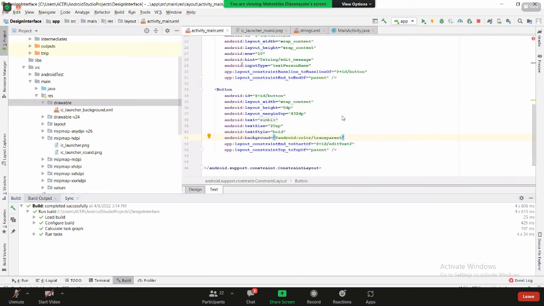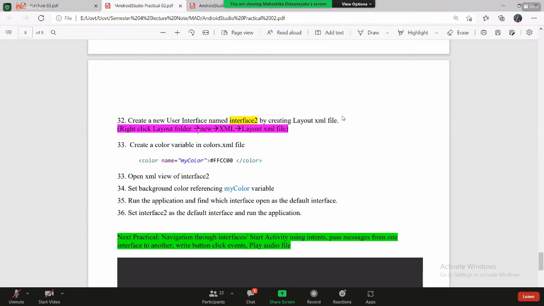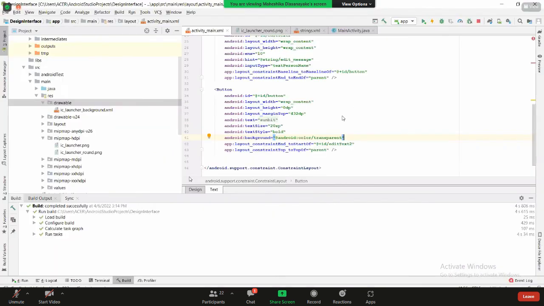If you need to insert many interfaces, you need to define the relevant XML file. So in this question number 32, we are going to define a new user interface as interface 2 by using your layout XML file. Okay, to achieve this one,